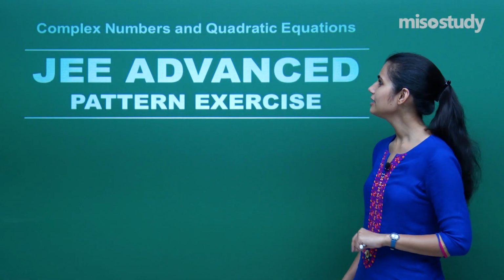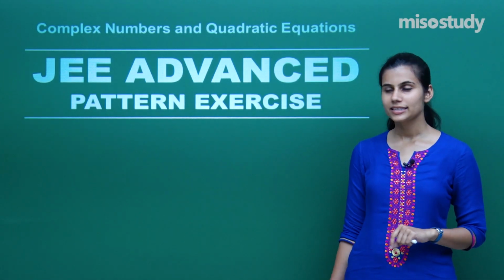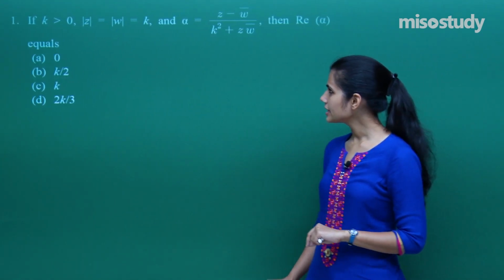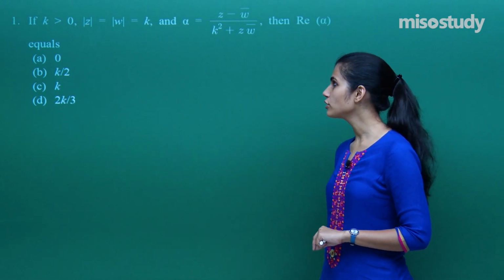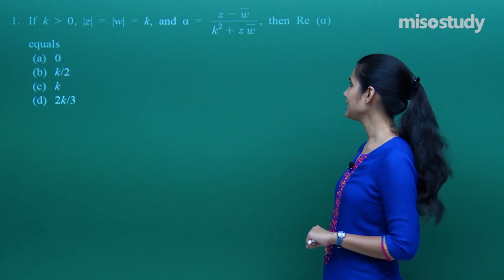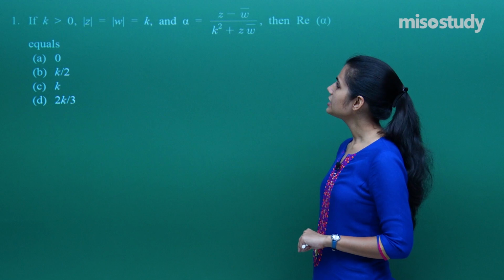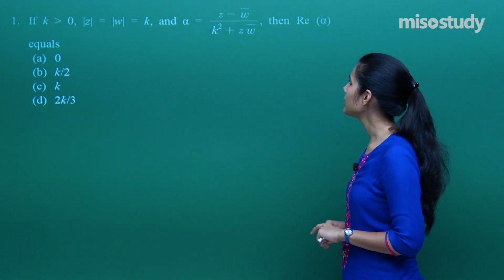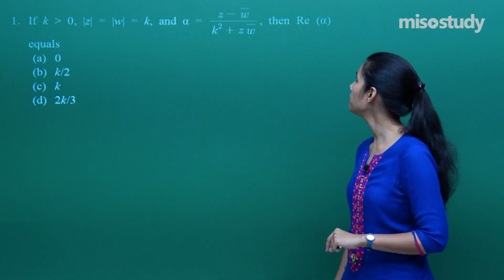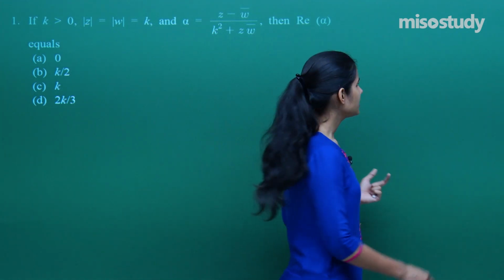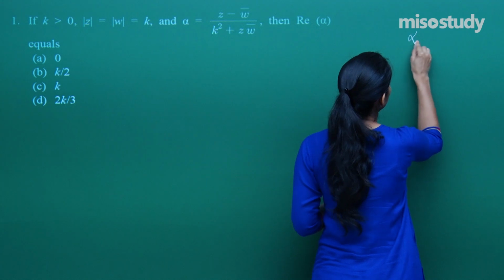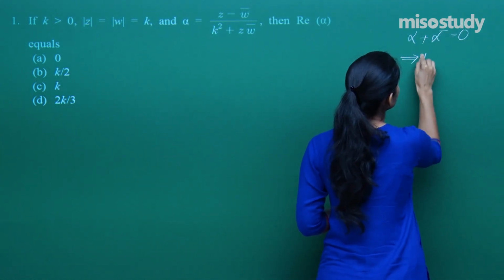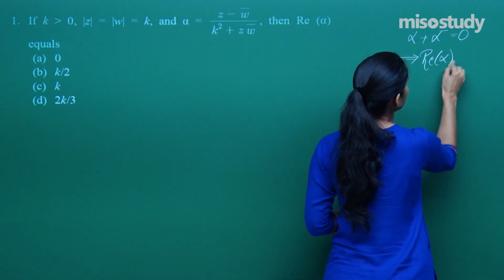Friends, let's begin the discussion of the JEE Advanced Pattern Exercises for complex numbers and quadratic equations. The first question says that modulus of Z and modulus of W is exactly the same, equal to K, and alpha is given by (Z minus W bar) upon (K square plus Z W bar). Then what is the real part of alpha? Now see, the moment I show that alpha plus alpha bar is 0, this itself means that real part of alpha is 0,